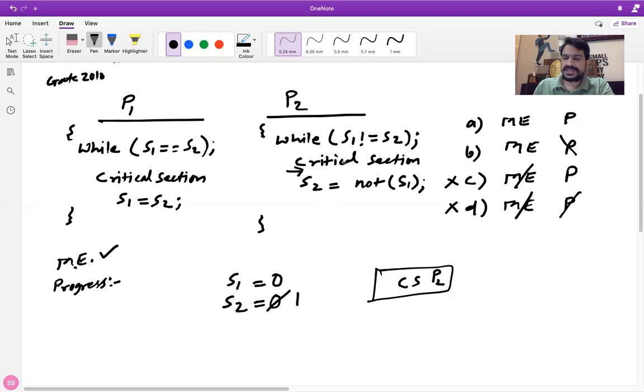Because P2 is interested, but this algorithm does not allow P2 to execute in the critical section at all. So you can see that progress doesn't exist, right? Here also you can see that